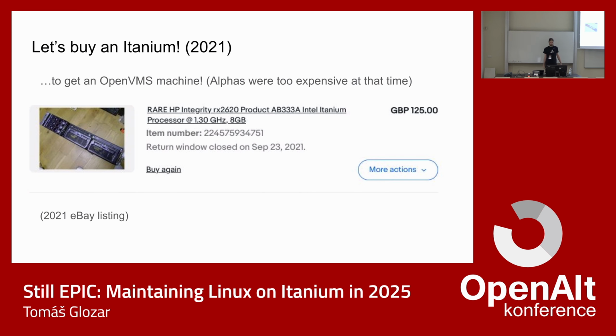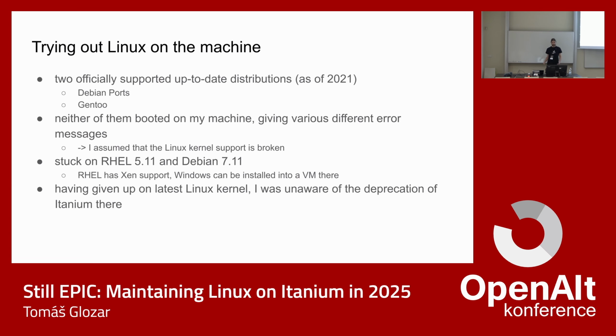And when I got it, I wanted to run all kinds of things on it, obviously. So I started looking into how I could run Linux on the machine. So there were 2 officially supported up-to-date distributions in 2021. Those were Debian ports and Gentoo. But neither of them booted on my machine. They started giving various different error messages. And based on this, I assumed that the Linux kernel support is just broken, and there is no way of